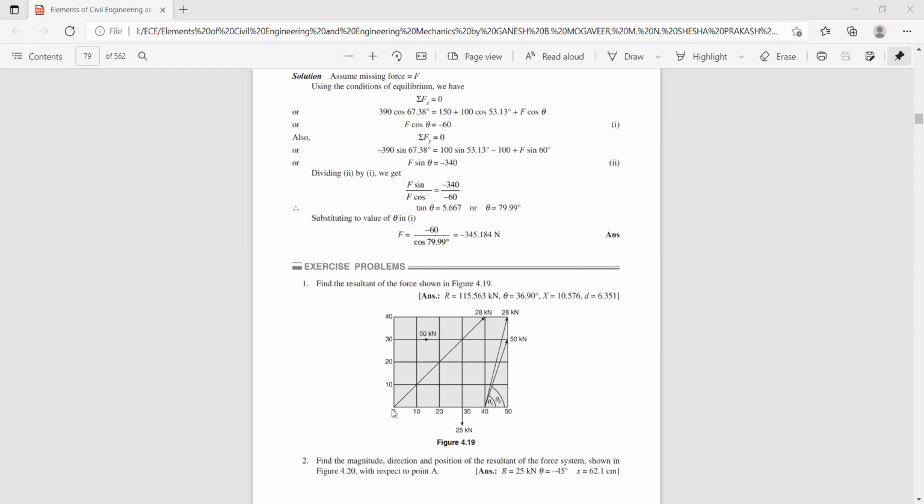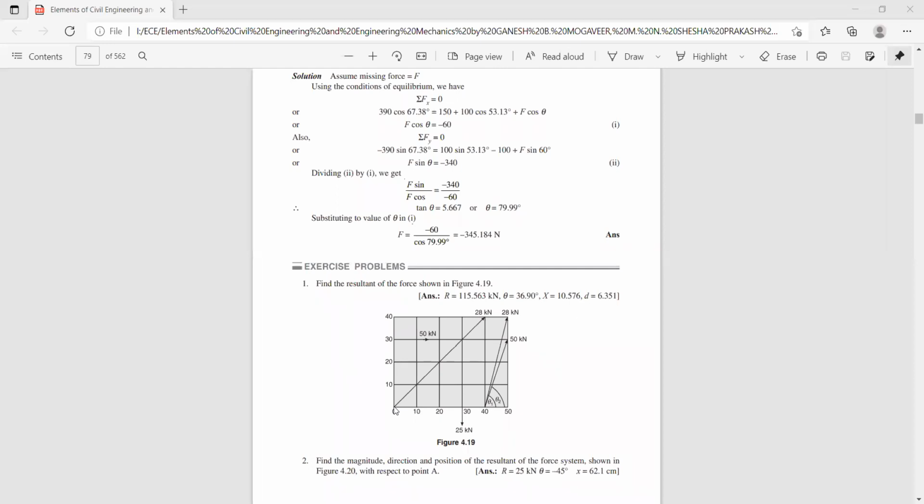It is in line with the x-axis, so the perpendicular distance is 0. But the vertical component, 28 sine theta 3, also creates an anti-clockwise movement with respect to point A. So hence, the sum of the moments of all the forces with respect to point A, that is sigma MA,